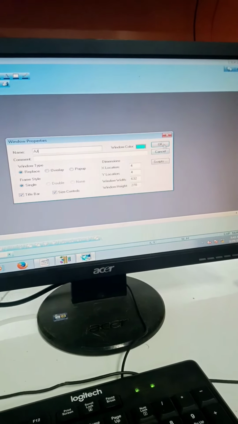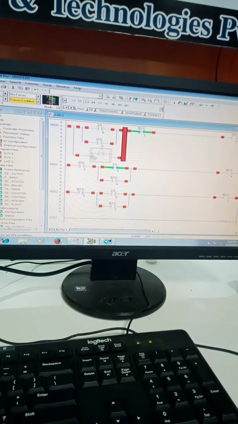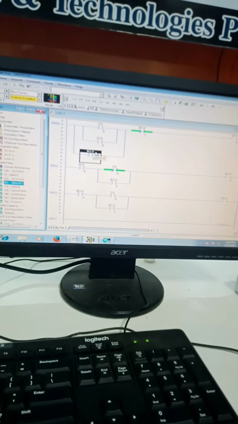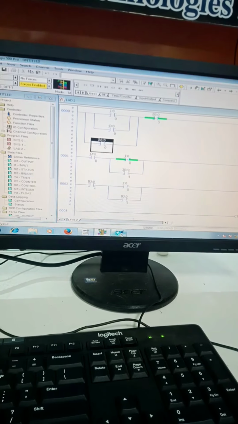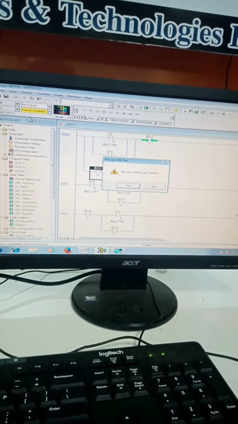Here we can make a complete toggle switch. This is the binary address that will communicate between the PLC and SCADA. This address is provided in the SCADA software. Configure this switch and then upload this program to your PLC. The uploading is in process, and the uploading is done.